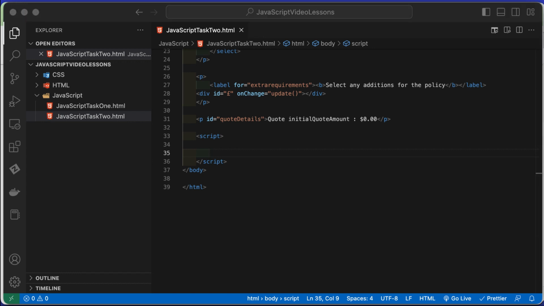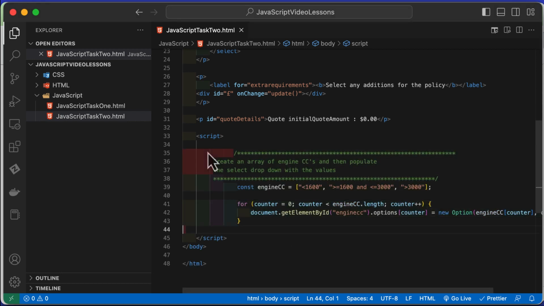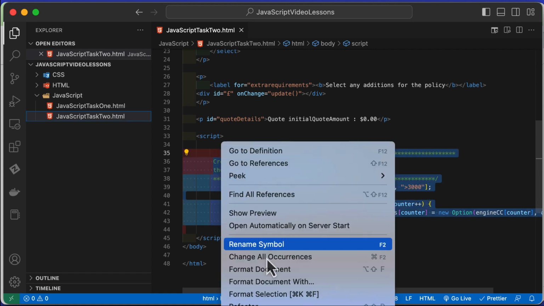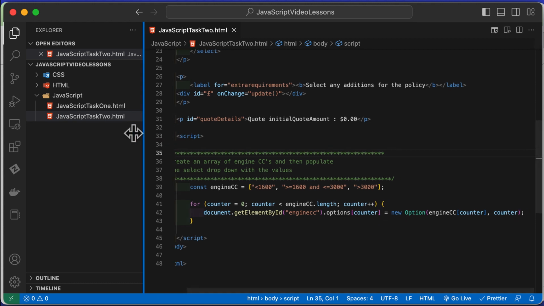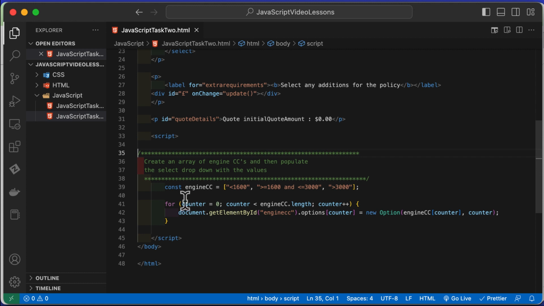So the first thing we're going to do is the engine CC. In the engine CC, what we're trying to do is populate the drop-down box. We saw earlier that we did that using an iteration where we got the element by ID. So we get the element by ID, engine CC, and then we are going to create a new option, and